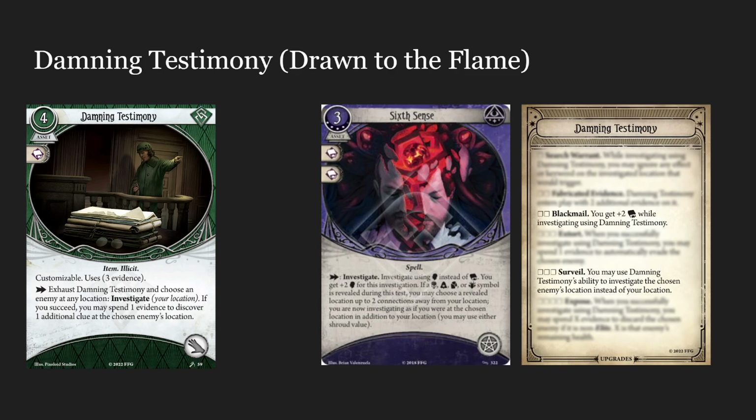I mean, I want to compare it to 6th Sense level 4, which is a 4 XP card. This is 5 XP spread for 2 copies, so kind of the equivalent of a 3 XP card, to just investigate any location in play that there's an enemy at. That's going to be campaign dependent. I know not every campaign has maps where enemies are going to kind of walk around or keep staying around,